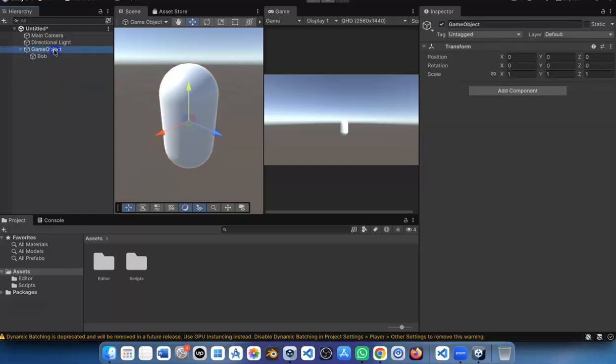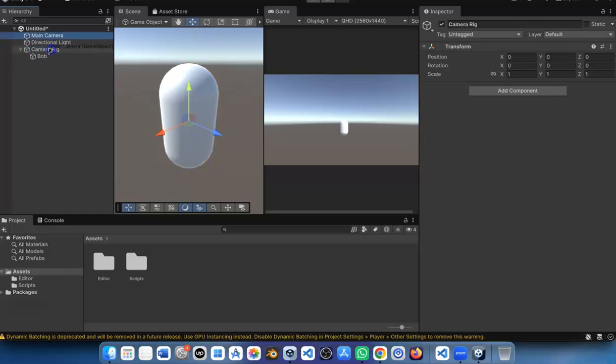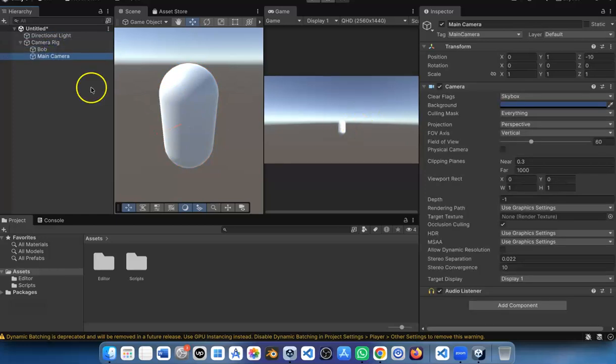Well, in that game, we'll have to rename it into camera rig. And now I'll just drag the main camera to the camera rig and pull it back